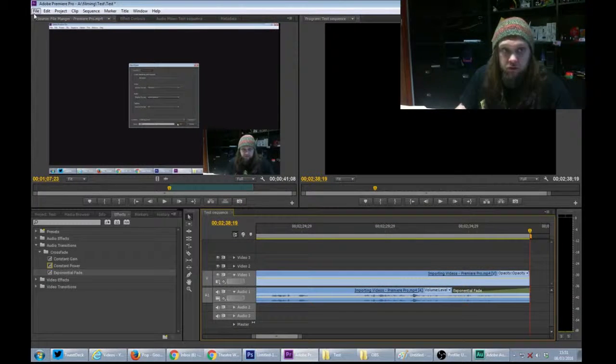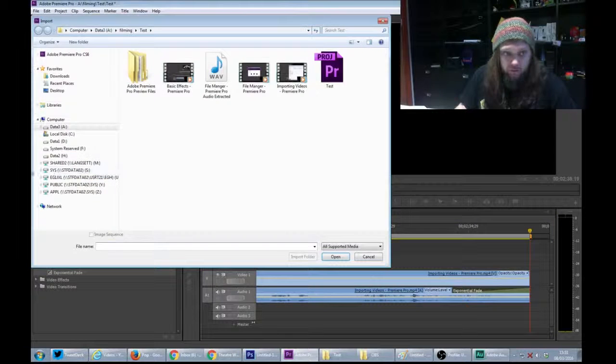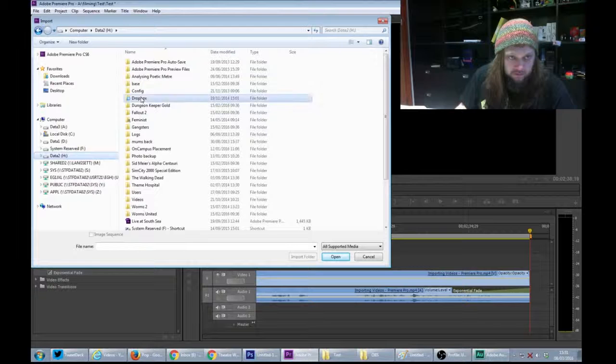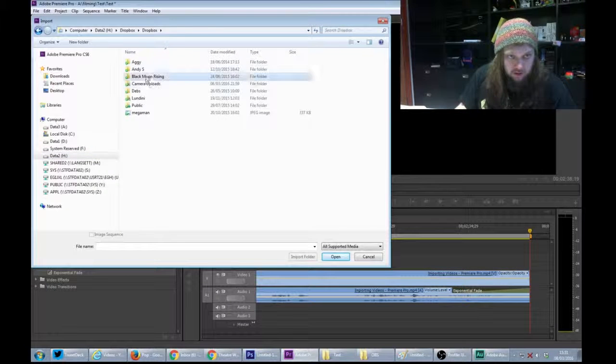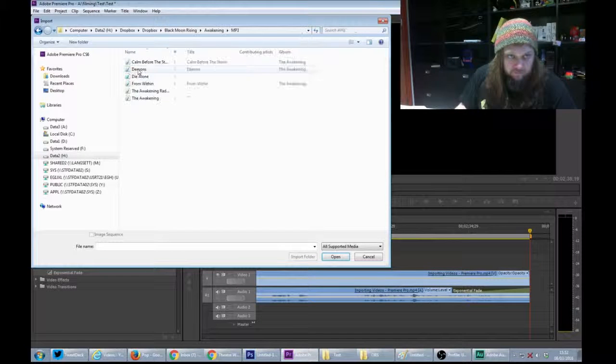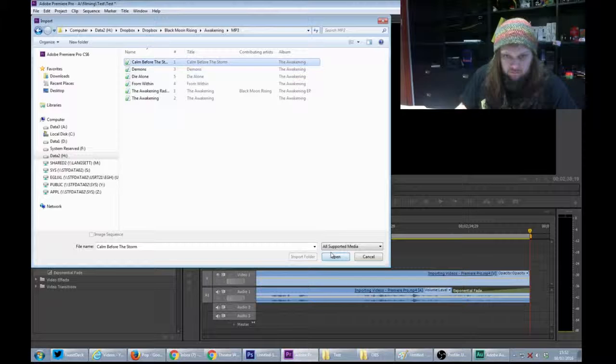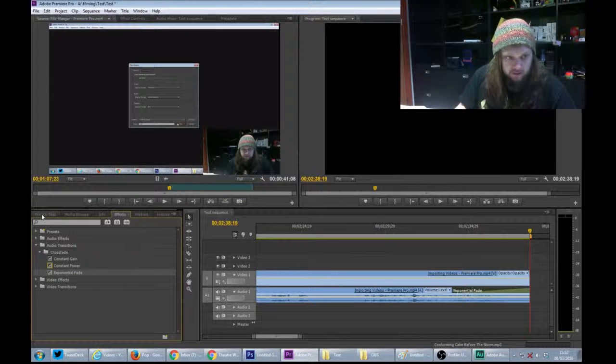It's more noticeable if you're doing this with music, so I'll very quickly find some music on my computer that I know I own the copyright to. If I just import that,